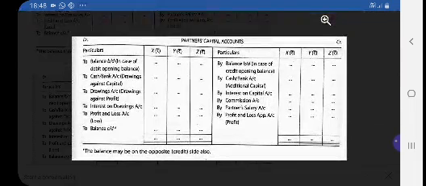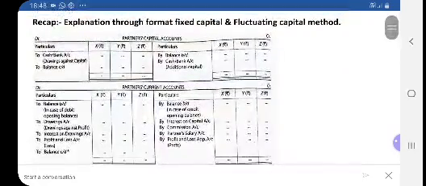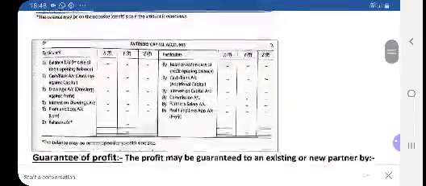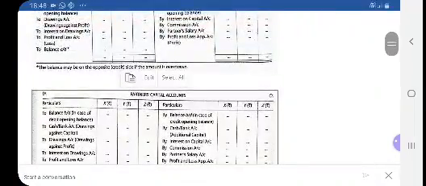P&L loss, as I already explained, and P&L appropriation profit is net loss, and just CD may come on the debit side or on the credit side, whatever the case may be. So this is the presentation of partner's capital in a format, how you will prepare the format, how you will represent and calculate the closing capital, and afterwards it will be transferred to the balance sheet.